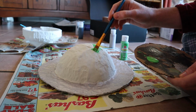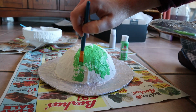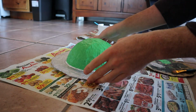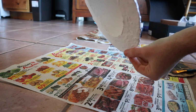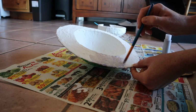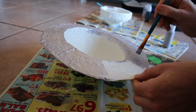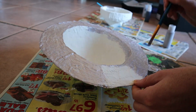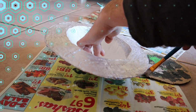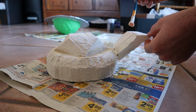And now I'll add some moss to this rock just like the last ones, but this time I'm using a brush because I'm covering such a wide area. And the exterior is looking pretty good, but now I've got to paint the interior too, so I'll carefully flip this over and add a little silver to the underside of the rim. Now that the top half of Jupiter's hide is fully painted, I'll set that aside to dry and do another